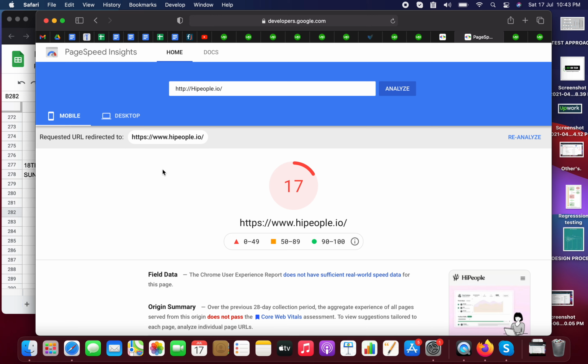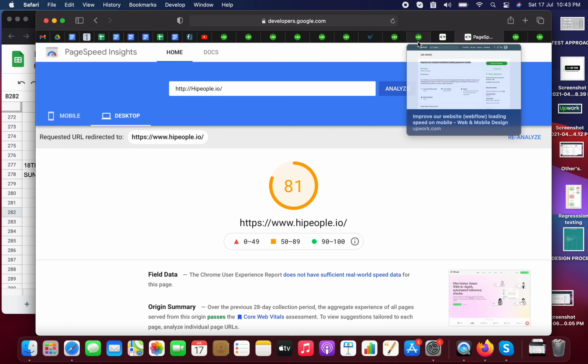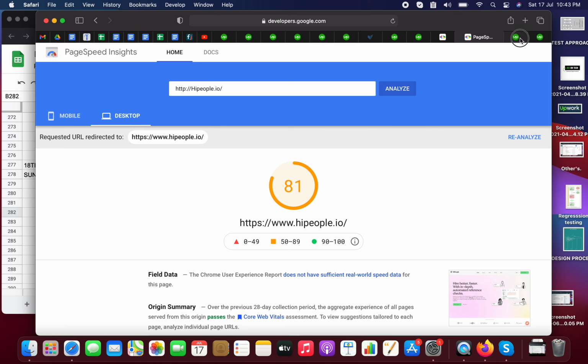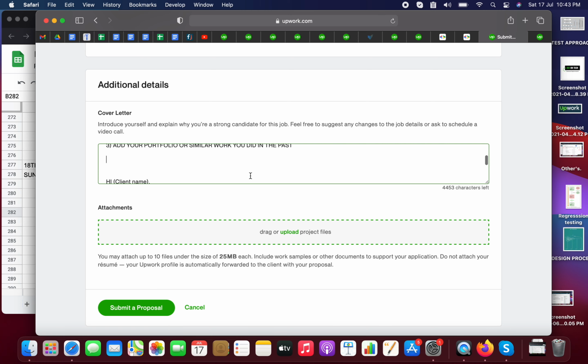It's a very poor page loading speed. So you can tell the client that you have checked their site on Google PageSpeed Insights, and the speed is 17 and 81 respectively on mobile and desktop. So you can do some more things in order to improve the site speed. So you can start your cover letter with